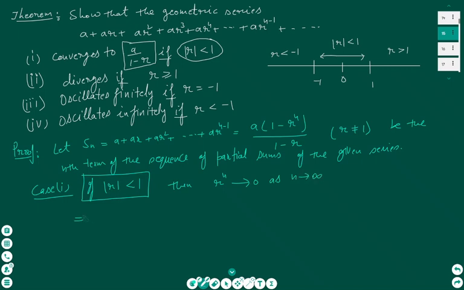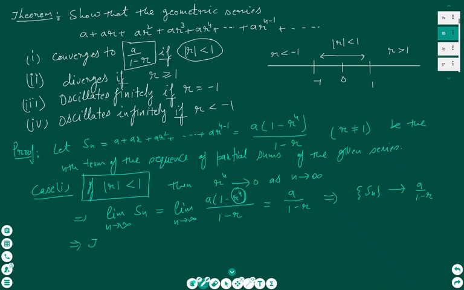Alright, and this implies that the limit of the sequence of partial sums would be the limit of a into 1 minus r raised to power n divided by 1 minus r as n tends to infinity. This would be equal to a over 1 minus r, because this limit is 0 as n tends to infinity. So this implies the sequence of partial sums converges to a over 1 minus r, and that implies the geometric series